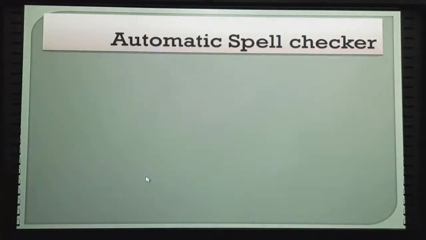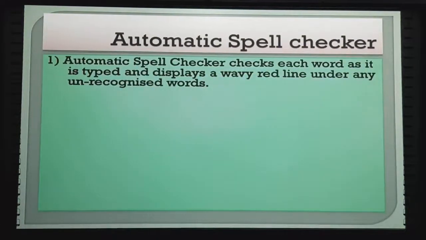Now let us come to automatic spell check. The automatic spell checker option is also available, which will check each word as it is typed. Whenever we insert any textual content, the automatic spell checker will check each and every word as soon as it is being typed, and it will display a wavy red line under any unrecognized words.